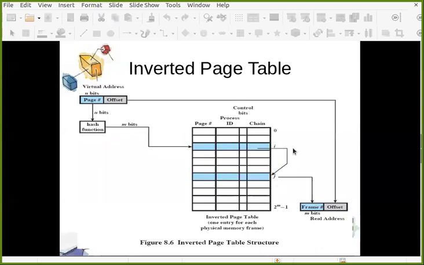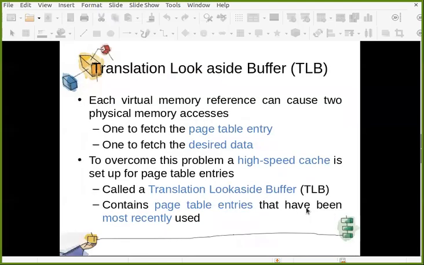As I discussed, this is required because whatever hash value you get through the hash function for a particular page number, it points here. But then you see that this page belongs to process 1, but here the process ID is 2. So no, this is not the entry. Is there any chain? Let me see. Okay, there is a chain. Now let me see what the process is. Oh, this is the process that I am referring to. So this is my entry, and then I will use this frame number to convert it. This is how it is done. Is this clear?